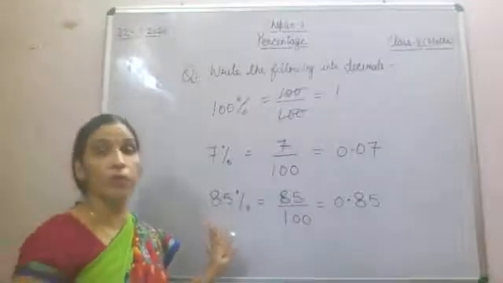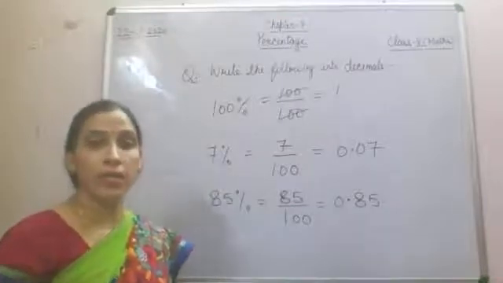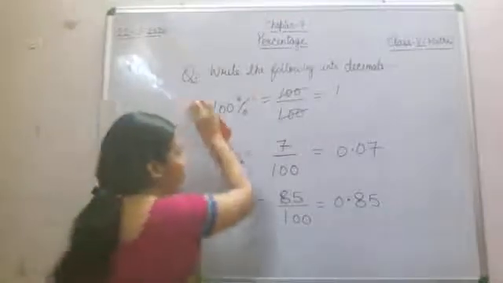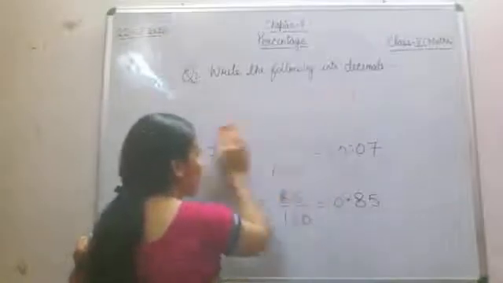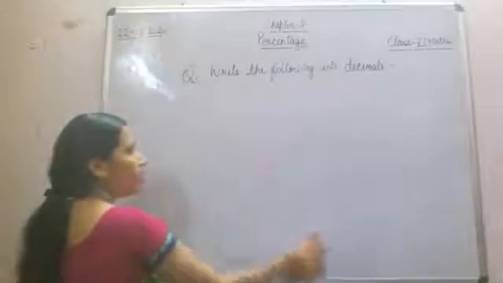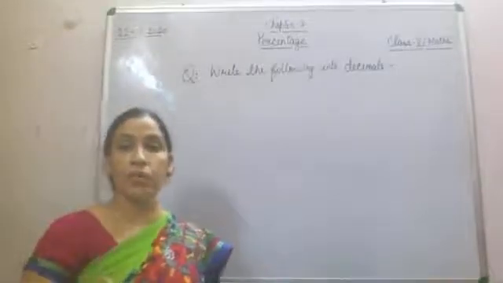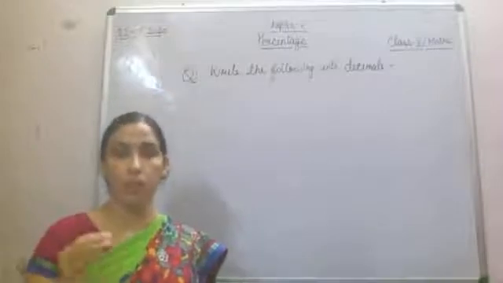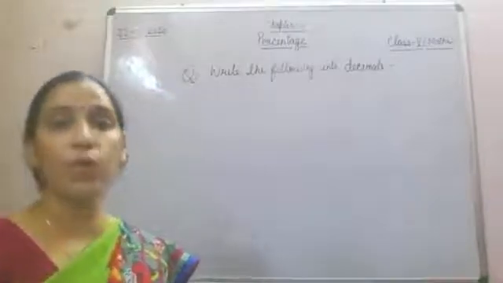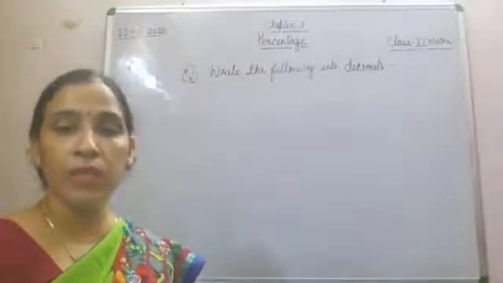Fine. So these are a few questions which are a little bit different, and this kind of question you will get in your percentage chapter, in your first exercise, which is exercise 7.1. Now sometimes you are given 100 squares with some shaded part, and you have to represent that shaded part in the form of fraction. So that also we will see.